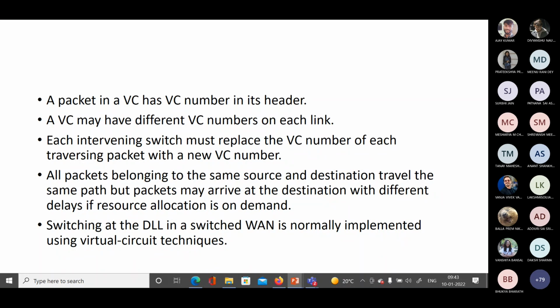So this will give you different delays at the end. Now the last point is that switching at the data link layer, or DLL, in a switched WAN is normally implemented using virtual circuit techniques. This is just implementation related information.